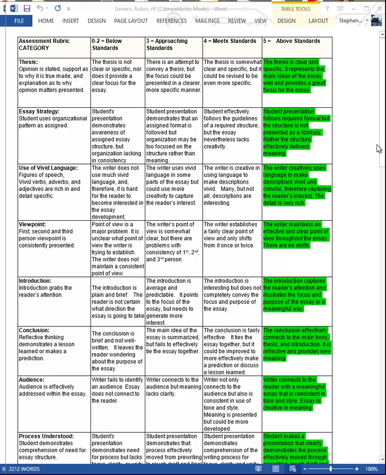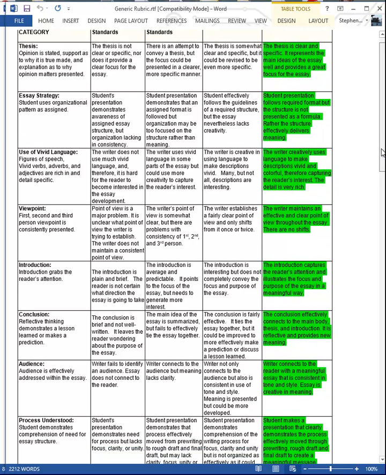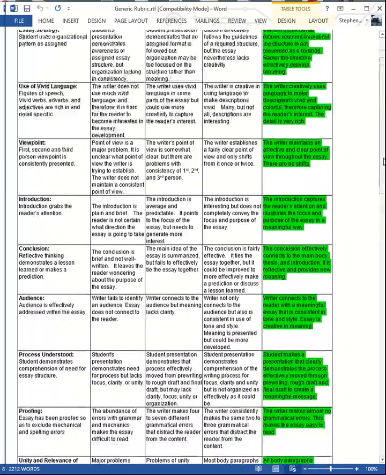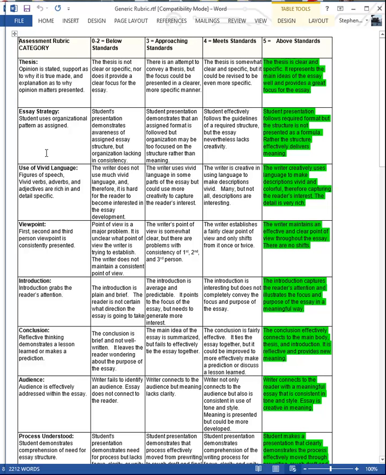And so, of course, it's very common. Most of you have had a composition course somewhere along the line that will do similar things. But we're looking for things such as thesis, strategy, vivid language, viewpoint. Can you write an introduction, conclusion, audience? Do you understand the process